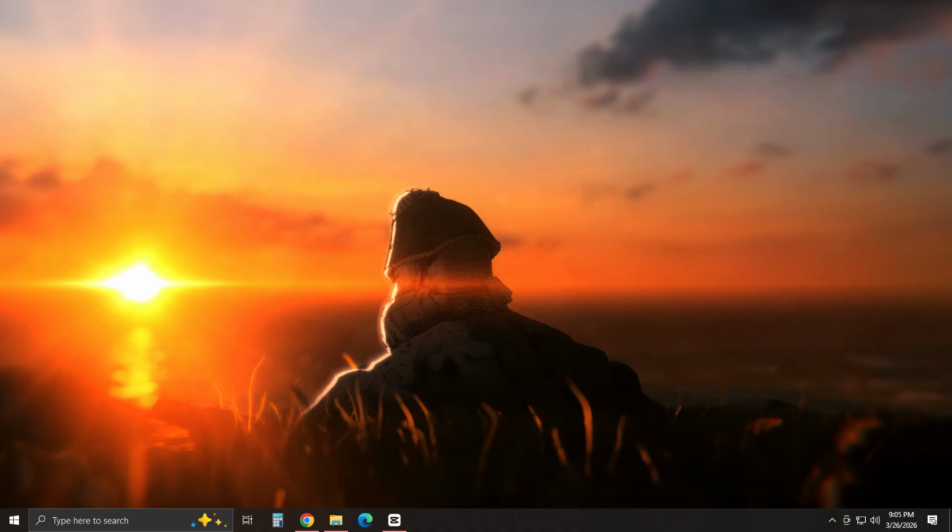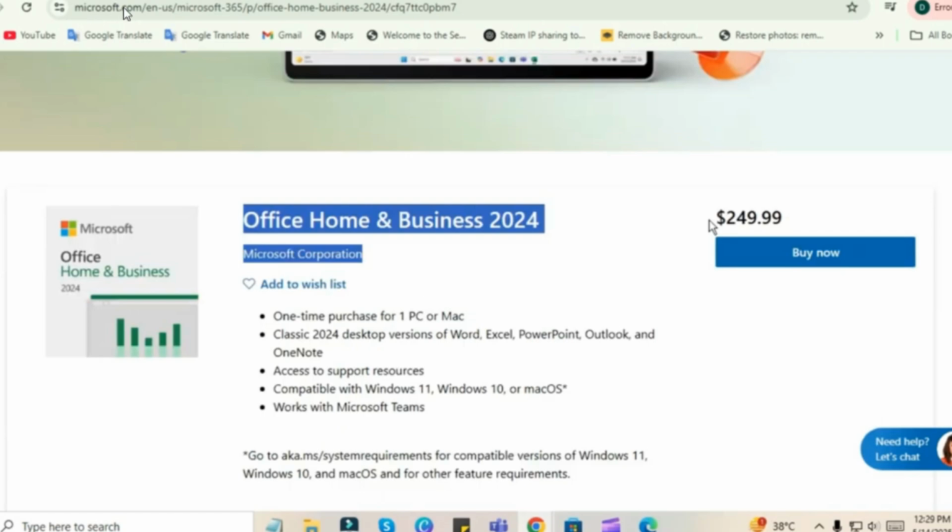Let's get started. First, what you need to do is get over to this URL. Make sure you type it exactly as it is. It should be the same, no other changes, and you will be loaded into this page. Just scroll down a bit till you find Office Home and Business 2024. What you need to do is click on this Buy Now button and then